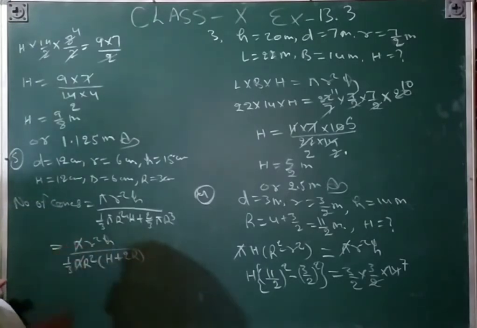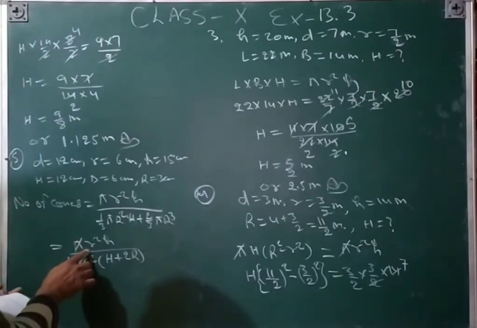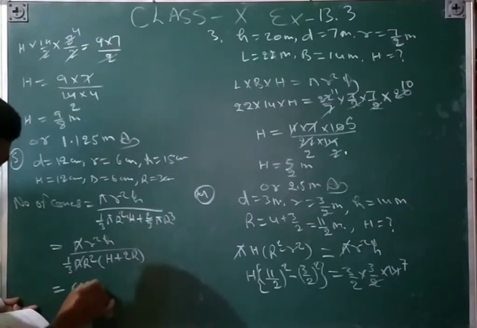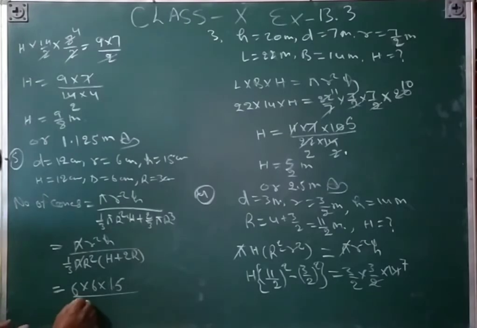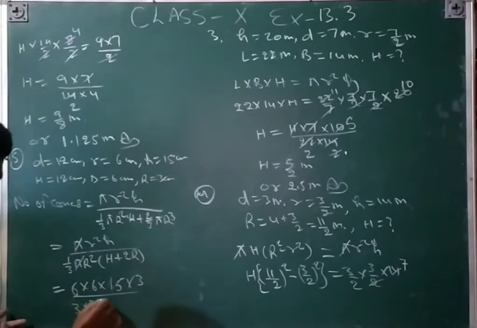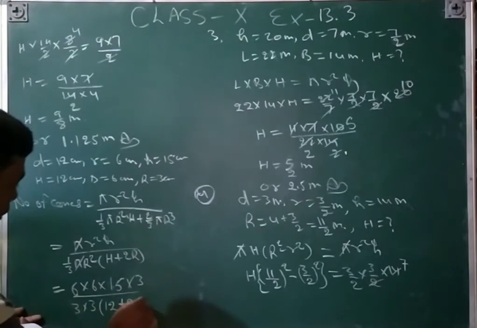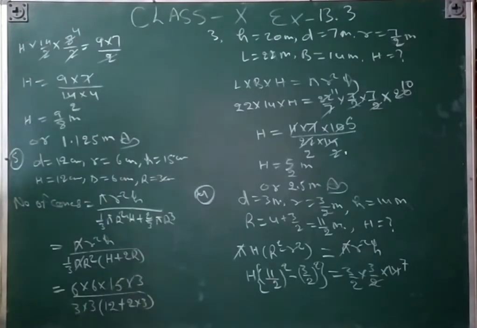So pi cancels by pi, and then by the value, r is 6 into 6 into 6, sorry 12, not 15, upon 1 upon 3. So r is 3 into 3, and h is 12 plus 2 into 3, and then after